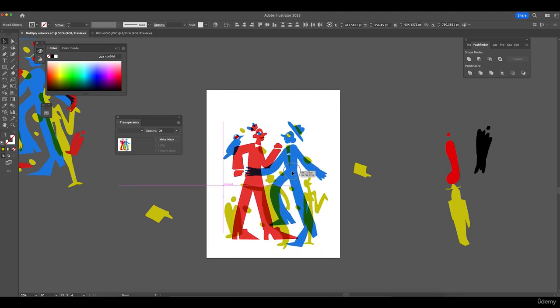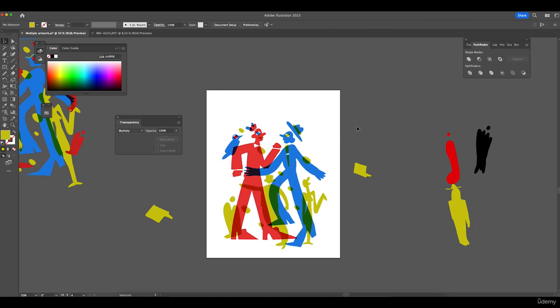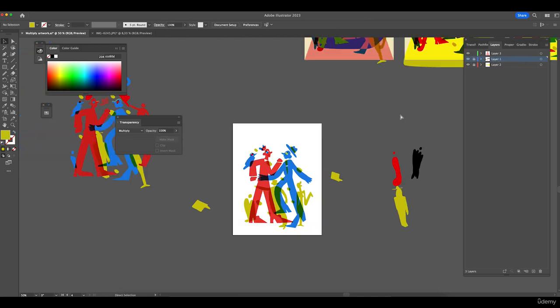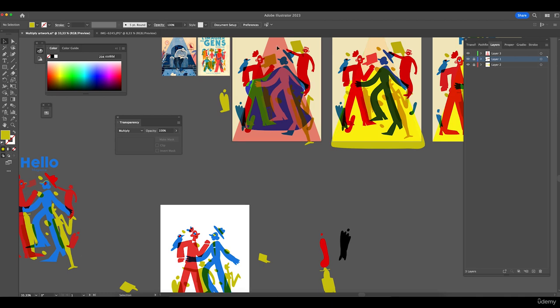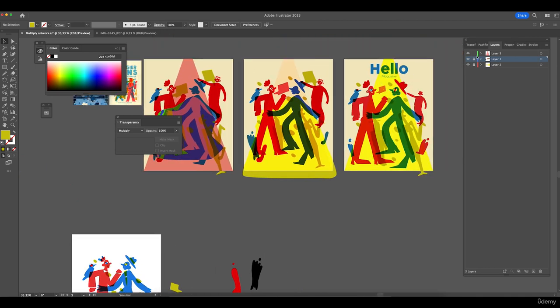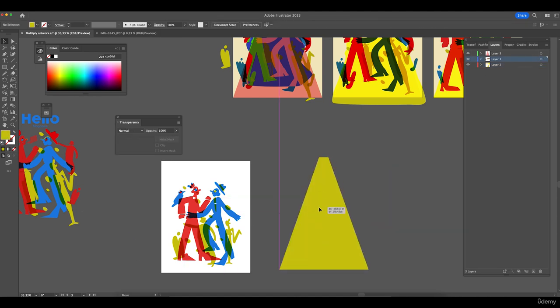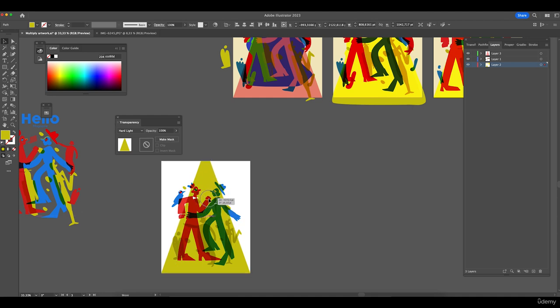Okay, so another thing that we can do is I am going to leave this for now. I like it. So I'm going to go to my layers and I'm going to lock this one and I'm going to unlock the part where we can add a light. So this light over here is, let me just quickly delete these other ones. This light over here is not in multiply, but in hard light. So it kind of has this effect